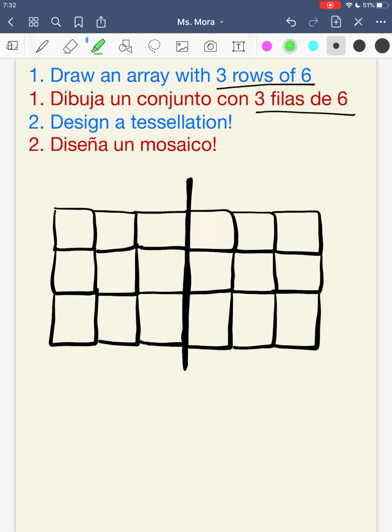Okay, and then I'm going to stick to my same pink and green, but you can use whatever color you want, guys. So here's just a different example. You can also try cutting them in half. So maybe you want to do like half green, half pink. So I'm going to make them all